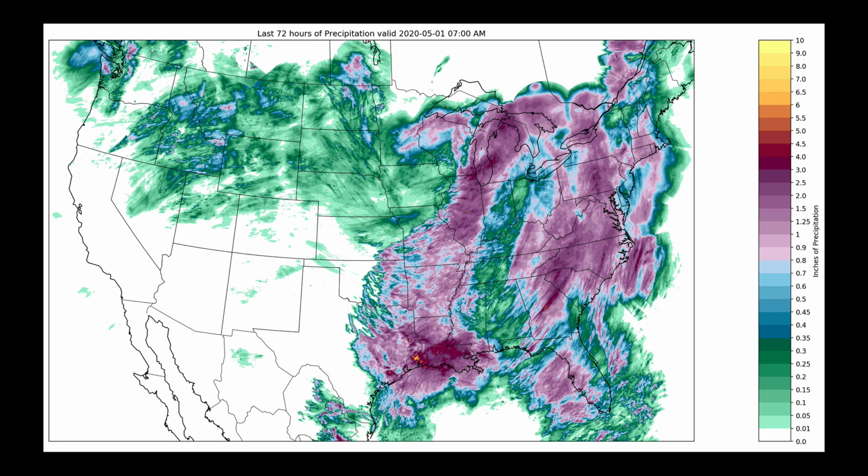Now, over the last couple of days, as the flow came in almost out of the south and west like this, we erupted into the hot and unstable atmosphere, with several thunderstorms. You can see here on our map that shows the last 72 hours of total accumulated precipitation that some locally heavy rain did fall in parts of eastern Oregon and into Idaho and into the mountains of Montana.